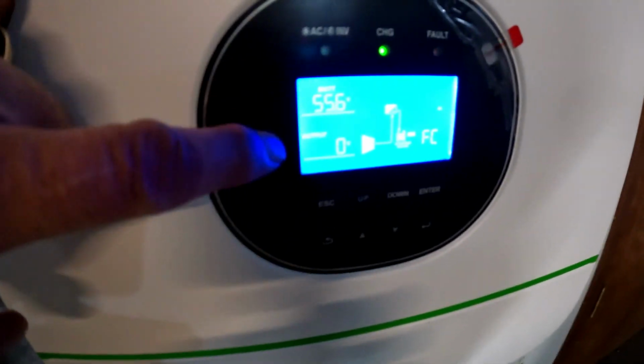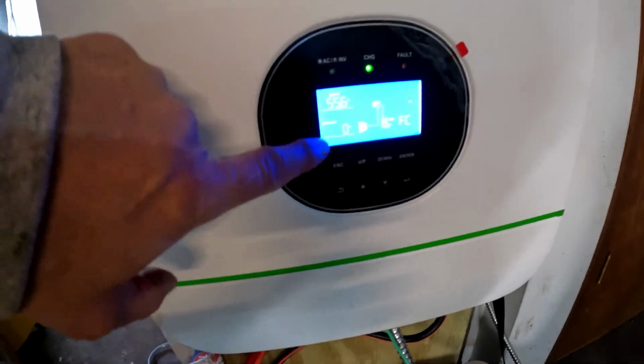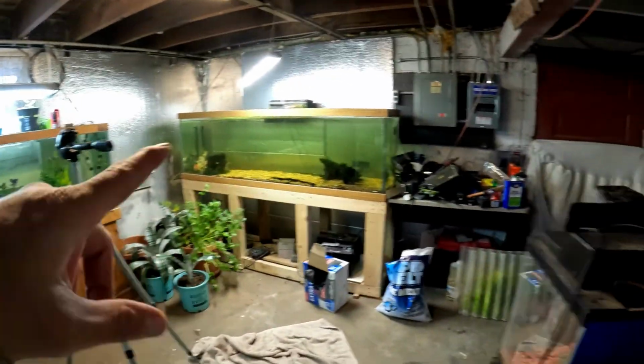And meanwhile, let me show you this right here. This is my solar panels. It's 23 degrees outside and I got a fully charged 48-volt battery in there. I could run all these tanks off of this right now. But let me start draining that one right there. Here we go, back to me using the